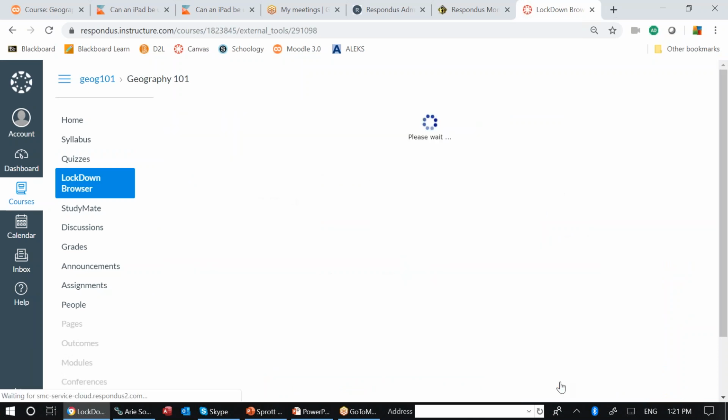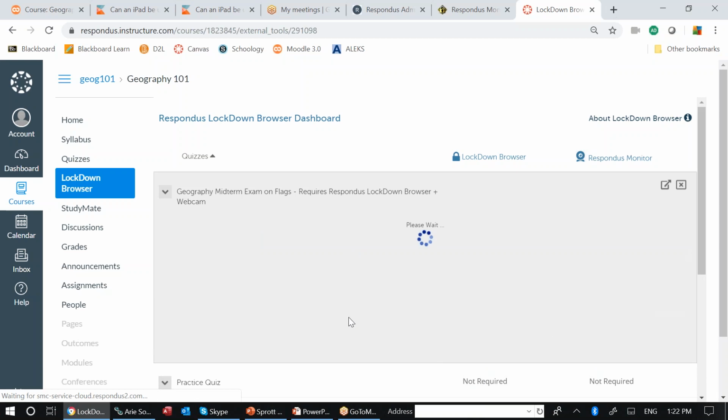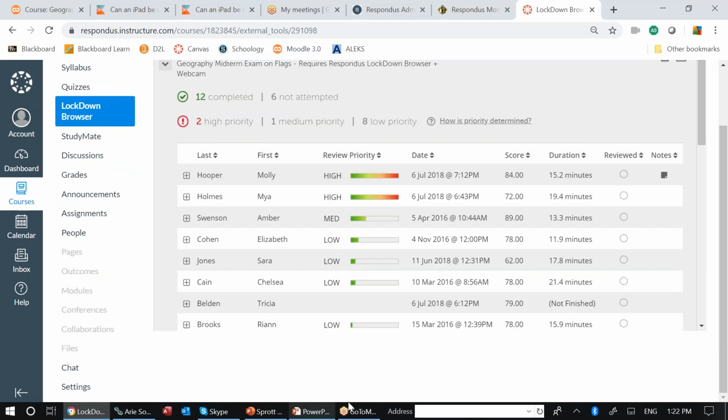The user interface for all of our applications is exactly the same. So once I actually open this up, this is exactly how it will populate for you within your environment. This is referred to as the course dashboard, and this will allow you the ability to see all of the students that are enrolled in this particular course, and it will give you information on this particular assessment for those students. You'll notice here, in addition to the students' names, there's a review priority area, and this speaks to